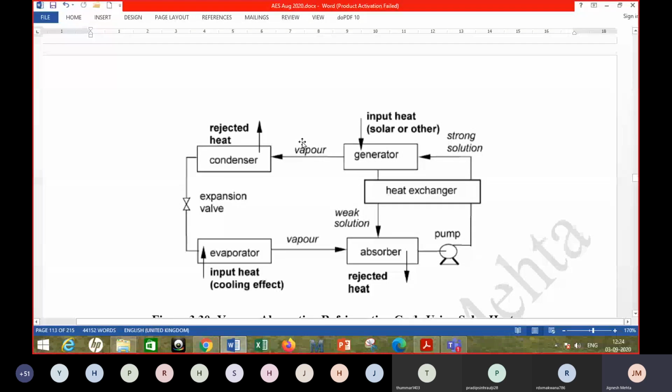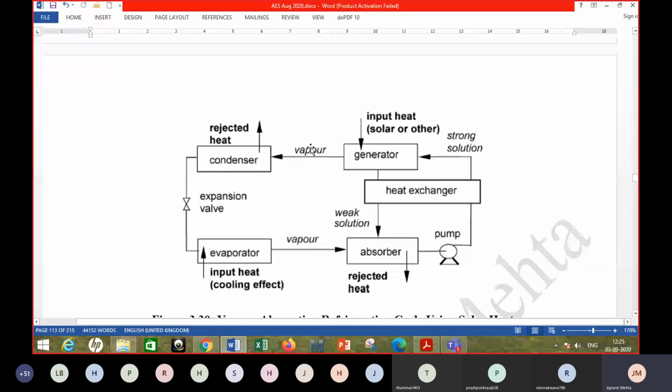Now, in case of ammonia water, it's not only ammonia which boils. Along with that, there is a small percentage of water which also boils and goes with the vapor. So there is one extra component here which is not shown because this is not a course of refrigeration. I've taken a simpler diagram. There is a component called rectifier here, but it is not shown. That rectifier basically removes the water vapor, condenses it and sends it back to the return channel, right? So that is not shown here. So in generator, the vapor of the refrigerant is generated and then that goes to the condenser.